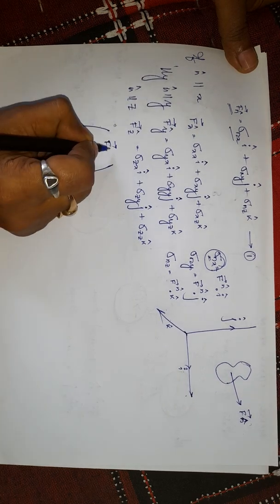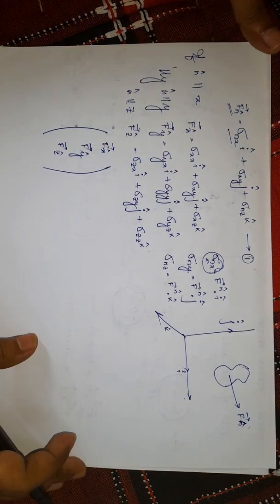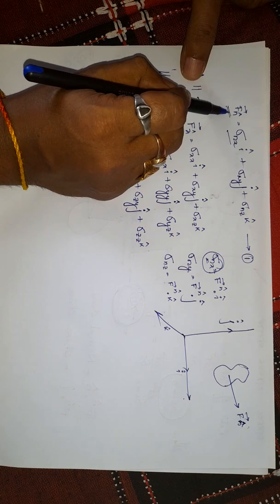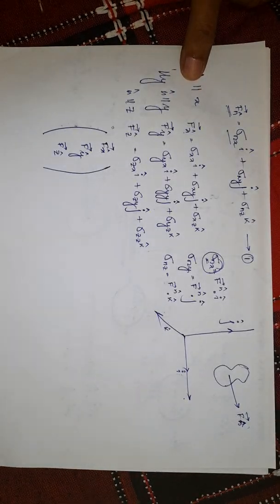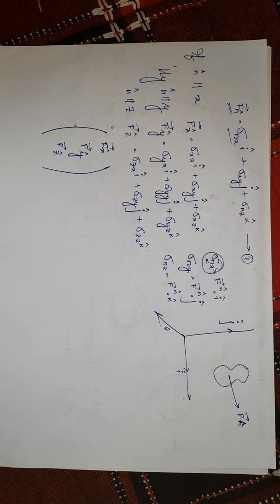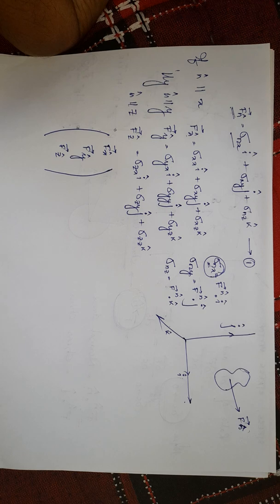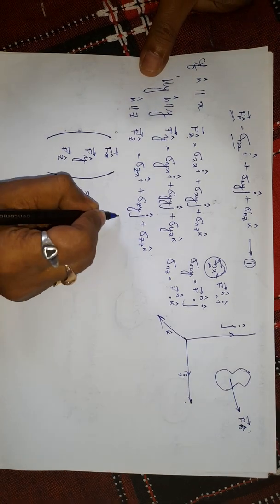Apart from this, there should not be any other, because you have taken the general cases. Either your n cap, this unit normal vector, may be parallel to x, parallel to y, parallel to z. So one question might arise: if there is any other direction which is not parallel to them, it must have some angle with the x-axis or y-axis, so we can relate with them.